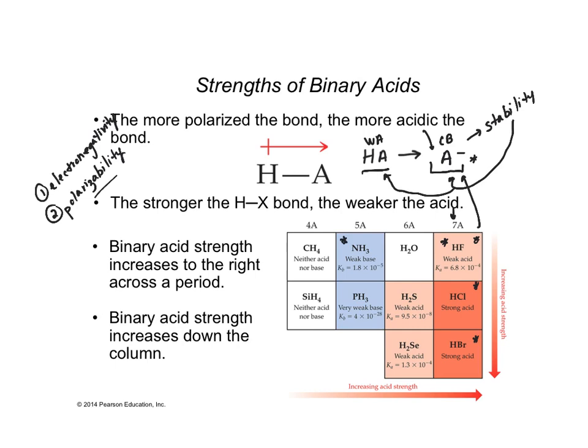It has a lot more places to put that negative charge that's going to form. Because of that, it's more stable, and HCl is a stronger acid. As we go all the way down to HI in this list, HI is the strongest acid because I is